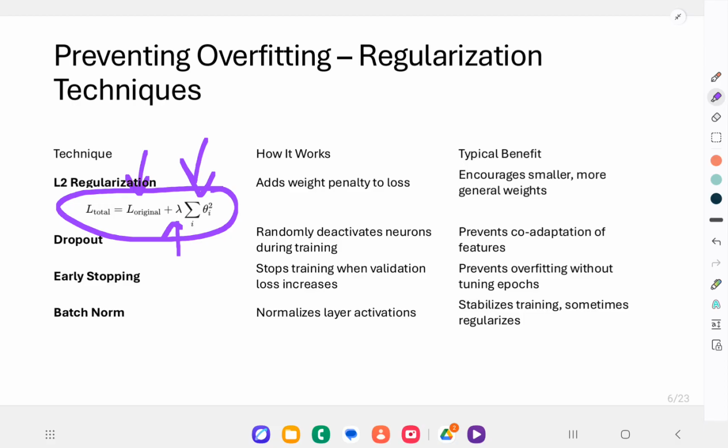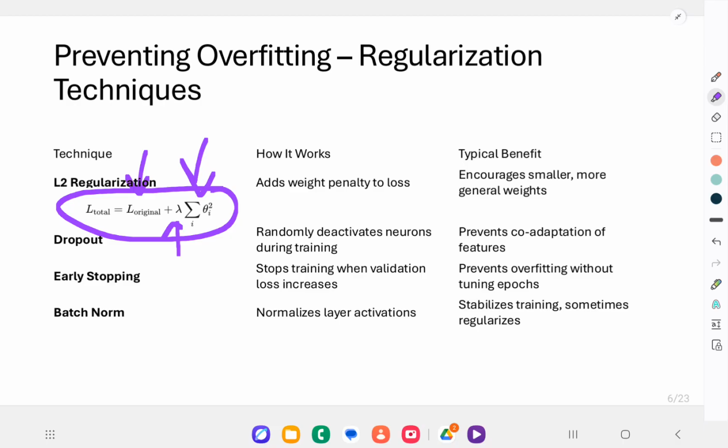is. Okay, if it's too low, it has barely any effect. If it's too high, then the model will become very regularized, meaning it will become very simple and it will eventually underfit. Okay,